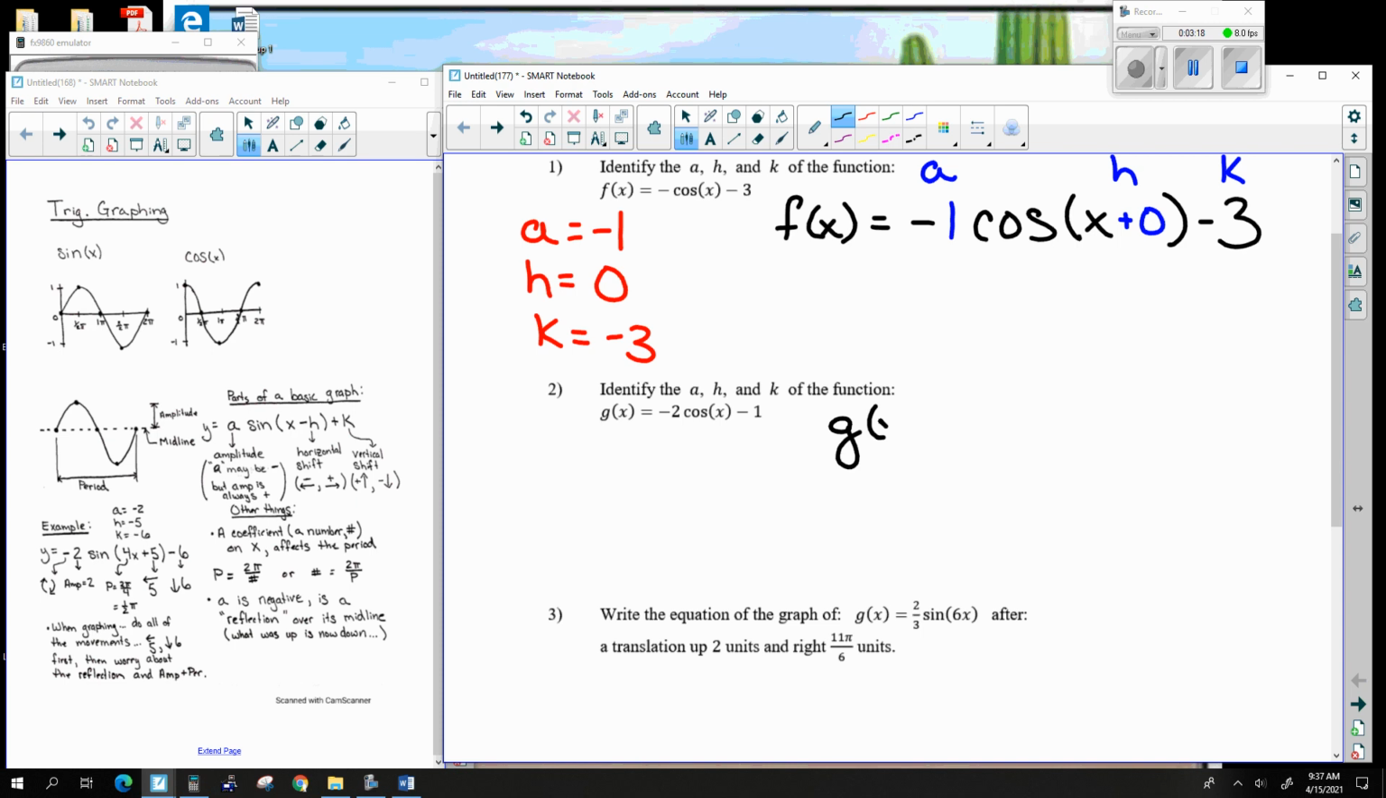So here we have a g of x. You get 2 cosine x minus 1. So we do have a missing number. So I see that the a, h, k,